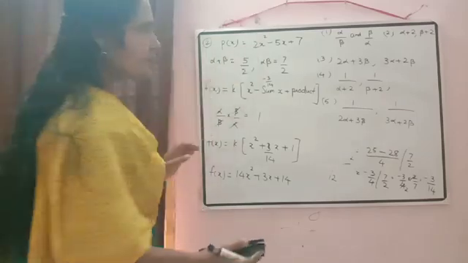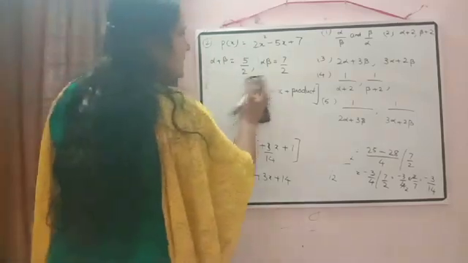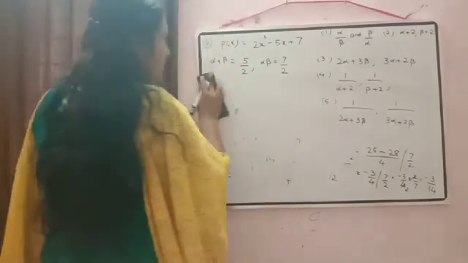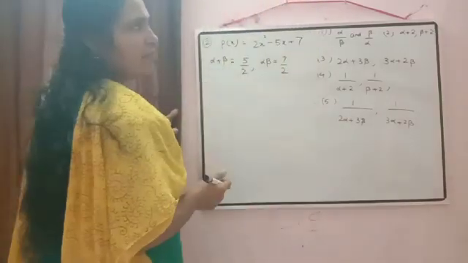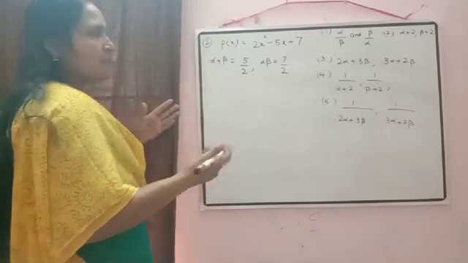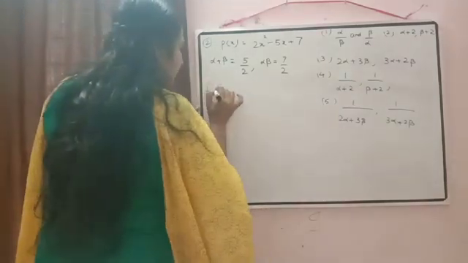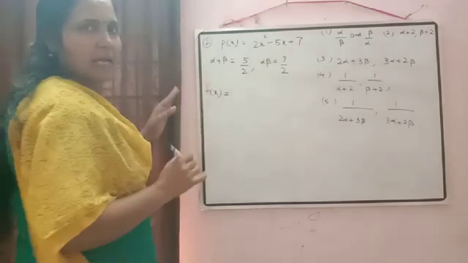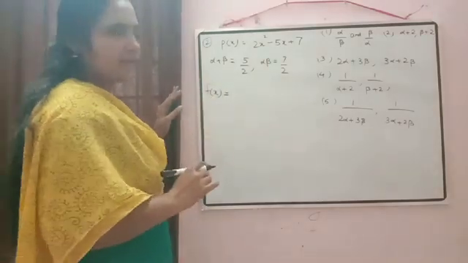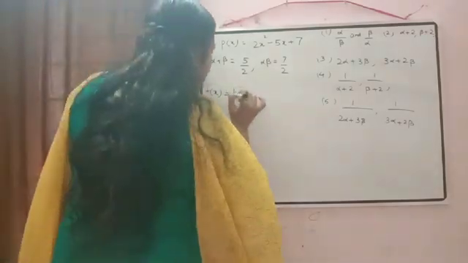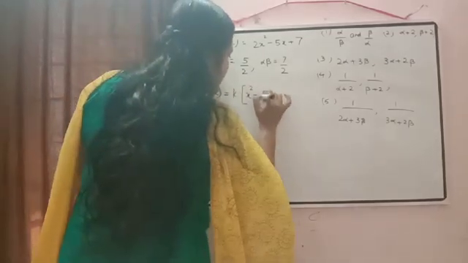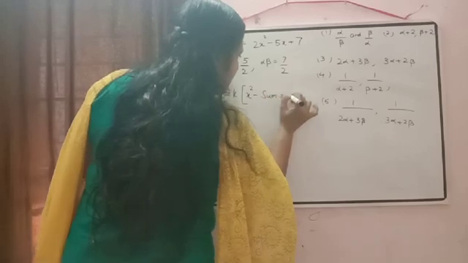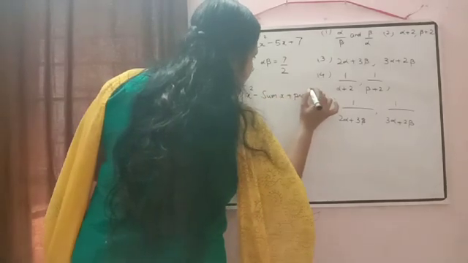Okay. Now we'll check the second one there. This information we need in all the questions there. So I'm not rubbing that one. Now the second one is given. We have to frame a polynomial whose zeros are alpha plus 2 and beta plus 2. If you are able to calculate it directly, you can do it this way. Like this question, I am explaining by calculating it directly there. We know our required polynomial f of x will be equal to k into x square minus sum of the zeros into x plus product of the zeros.